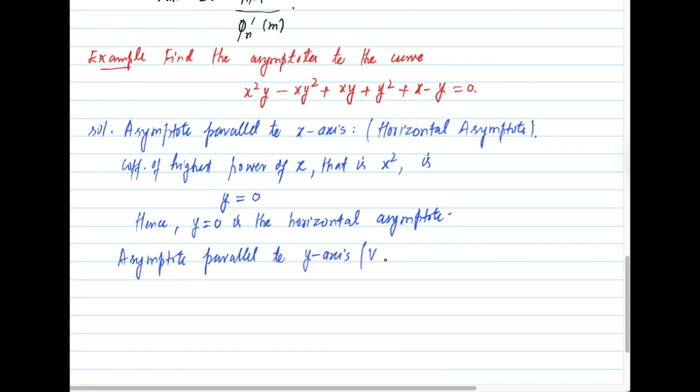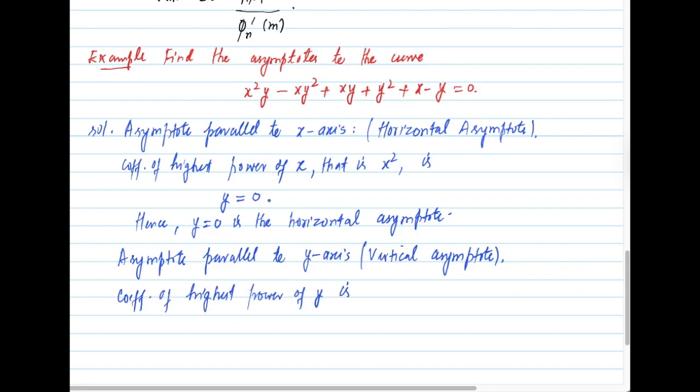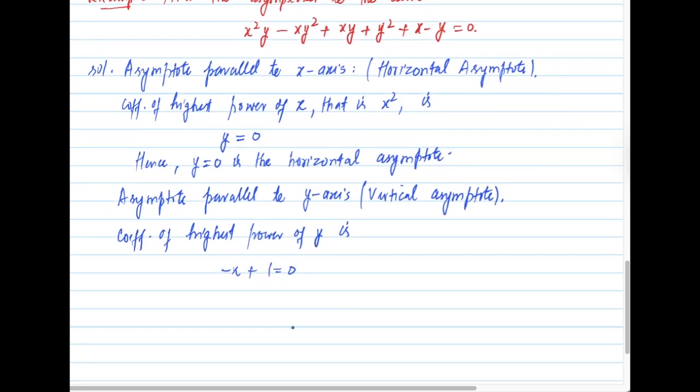Now next we find the asymptote parallel to y-axis। So now second, asymptote parallel to y-axis. Now this will be a vertical asymptote. This is obtained by equating the coefficient of the highest power of y to 0. Now the highest power of y is y square here, so therefore the coefficient of first y square is minus x. Then here we have again y square, its coefficient is equal to 1, so we get minus x plus 1 equal to 0। This implies x equal to 1 is the required vertical asymptote।